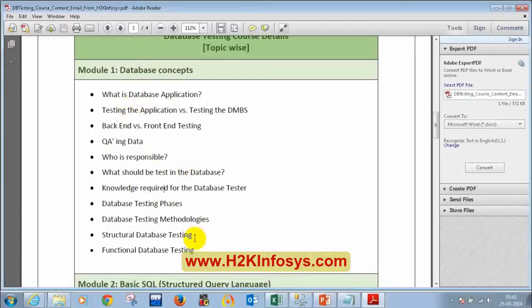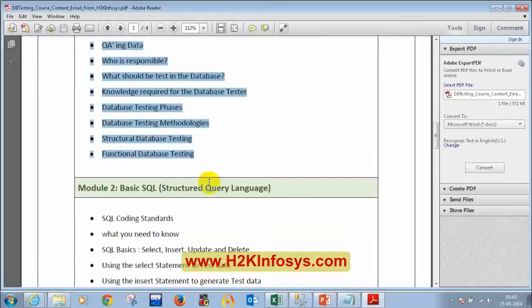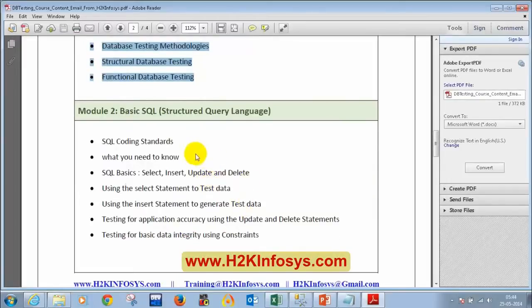So I thought I'll come back to this module after we see some introduction technically. If you get some details, then when we come back to this section, we will get more understanding. So we'll be starting with the second module today, and then we'll come back to the first module with some basics, so that all of you will get a solid understanding of it, as the first module is completely theory.